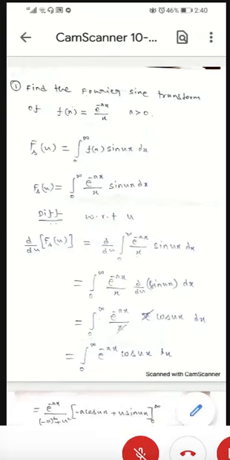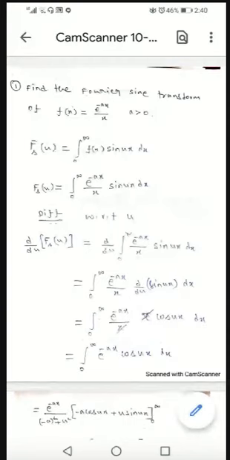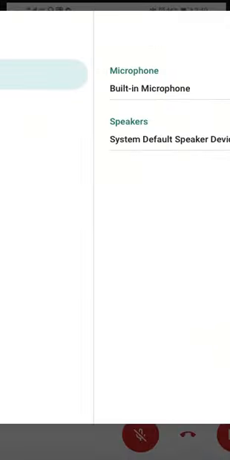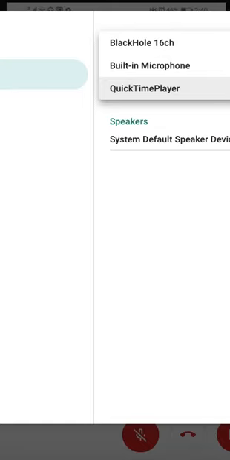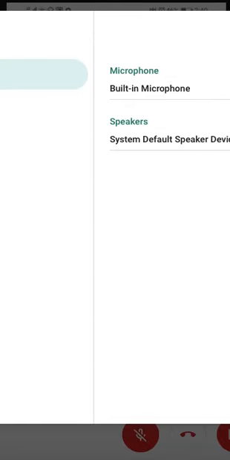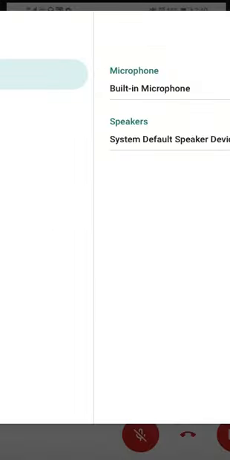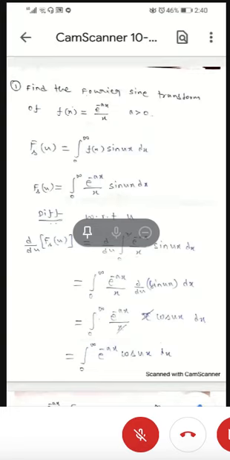Okay, so for the past 3 days we are continuing with Fourier transform. We are doing Fourier transform, how to find the Fourier transform of different kinds of functions. And of course, I started Fourier sine transform and Fourier cosine transform. So, continuing, today also we will discuss how to find Fourier sine and cosine transforms of different kinds of functions.